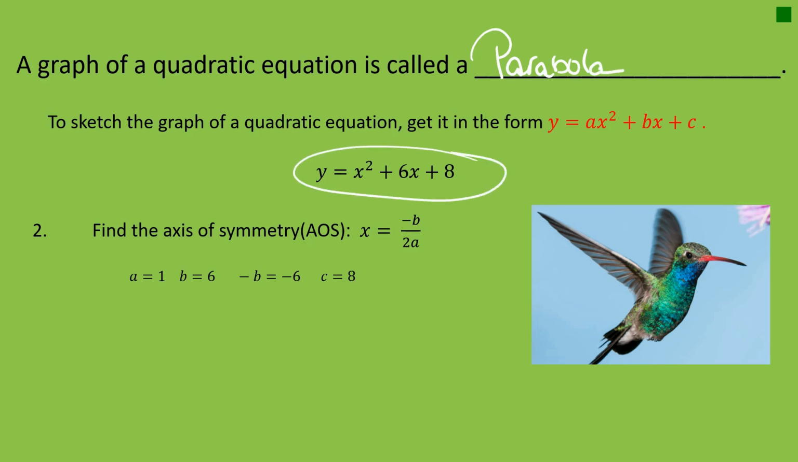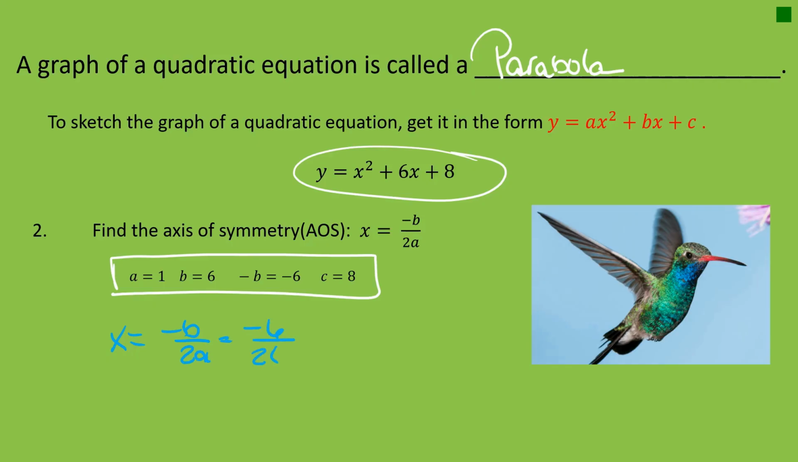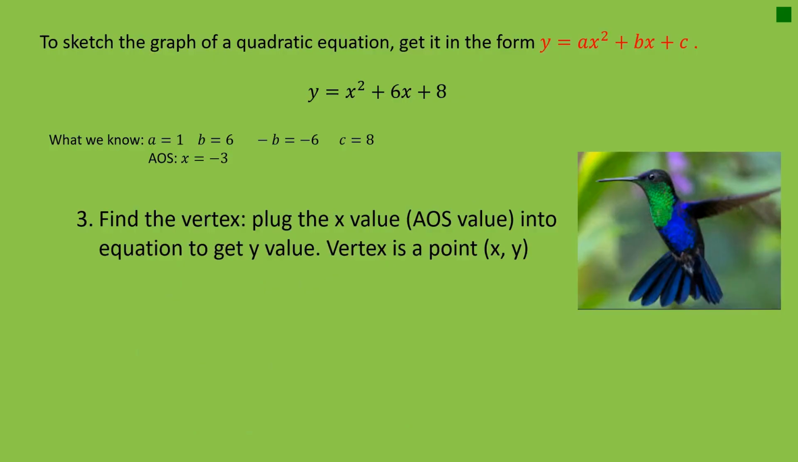Get it into the form. This is what we're looking at. So this is what we already know. We found A, B, and C. We got to find the axis of symmetry. So the axis of symmetry is -b over 2a. That's -6 over 2 times 1. That's -6 over 2, which is -3. So your axis of symmetry is x equals -3. It's always going to have that x equals. Look, his little wings kind of look like an X. Whoa, he's a little axis of symmetry. All right,